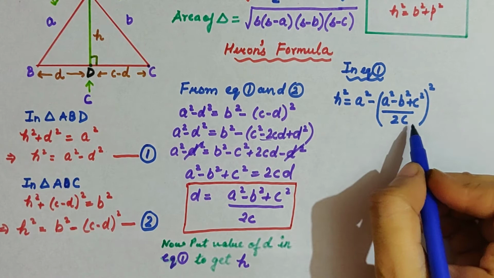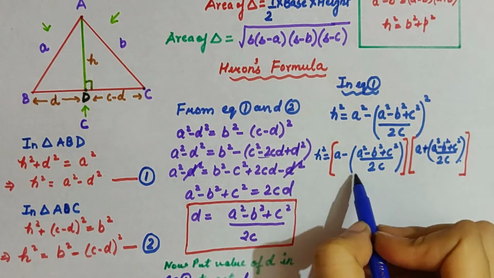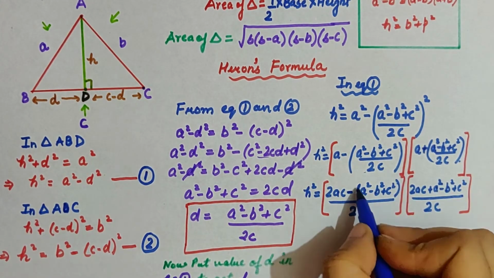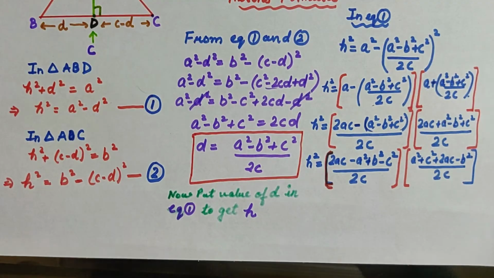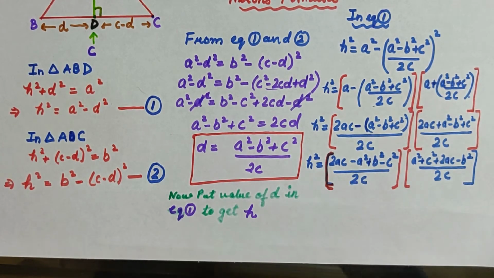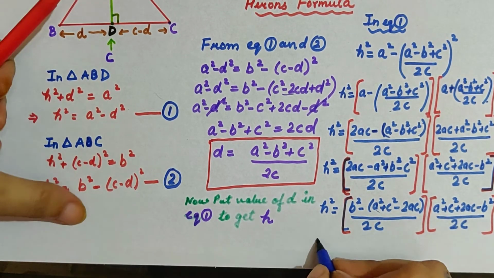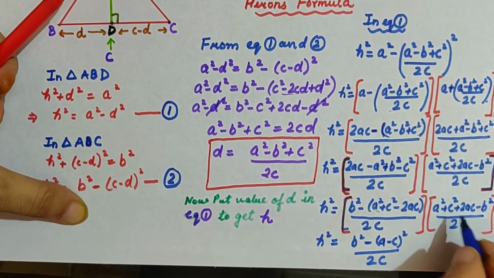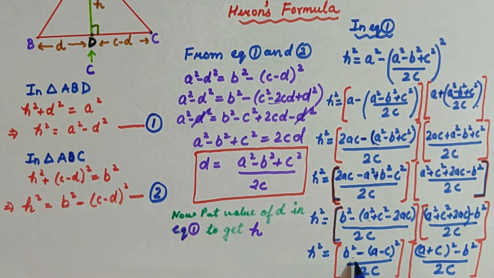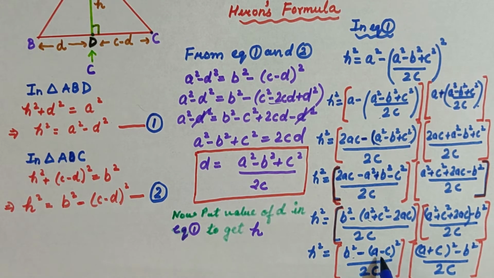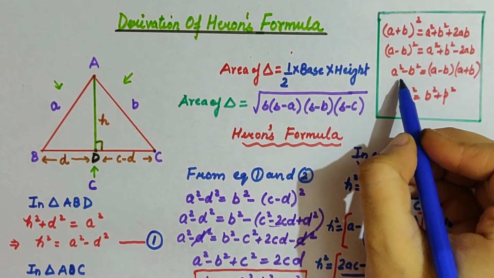Now in this expression we will use the a square minus b square identity. So simply here we take the LCM. So here we will open this bracket and consider the minus sign. The sign in the bracket will get changed. Now we can rewrite this. So this will be nothing but a minus c whole square. So we can write it as b, and this can be written as a plus c whole square. So again we will use the identity a square minus b square, that is equal to a plus b into a minus b. This identity.